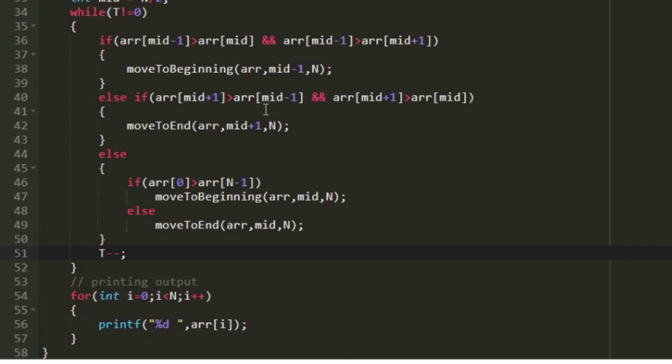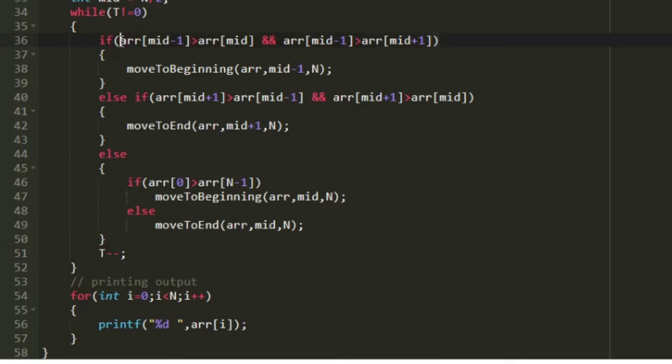And in every iteration of this while loop, we should be updating our array. So before updating, first we have to find the maximum out of the three integers. So if the first integer out of the three integers is maximum, we have to move the first integer to the beginning. And the same, if the last integer out of the three integers is maximum, we have to move the last integer to the end of the array. If the middle integer is the largest, then we have to move it to either beginning or end.